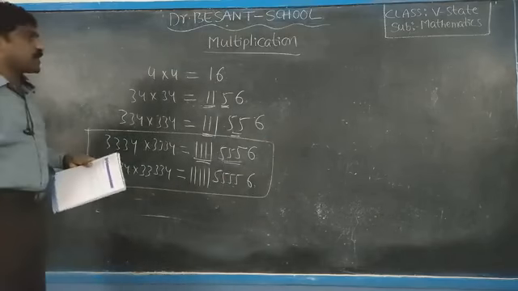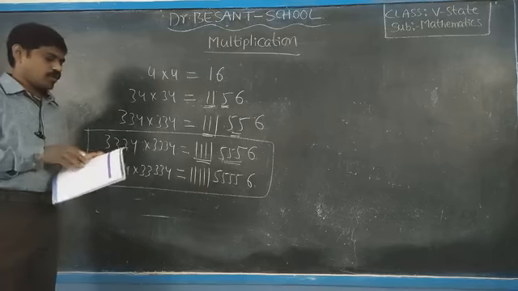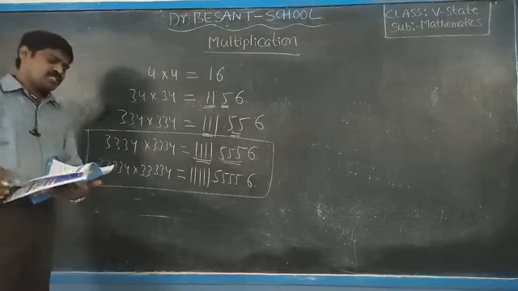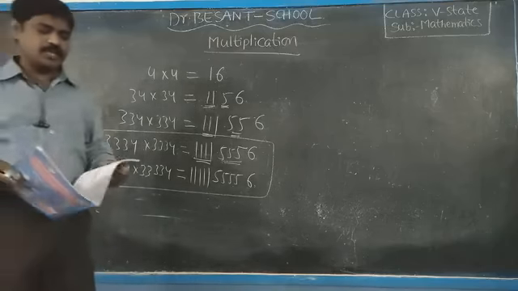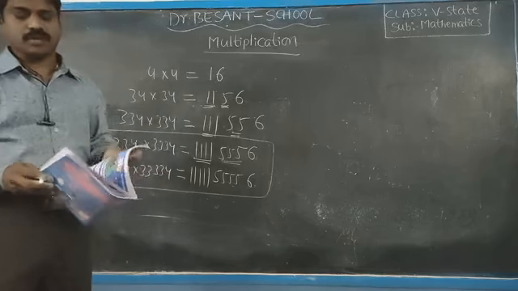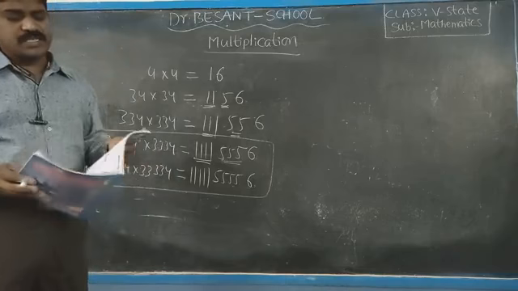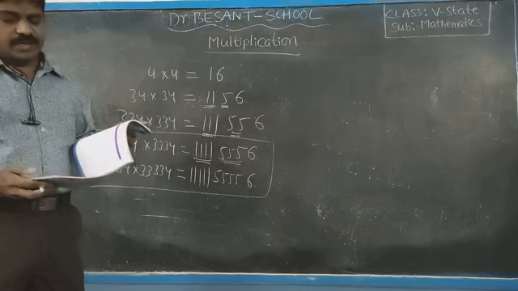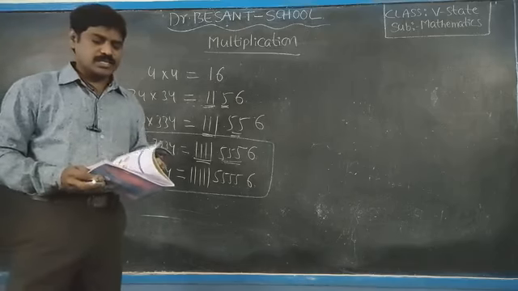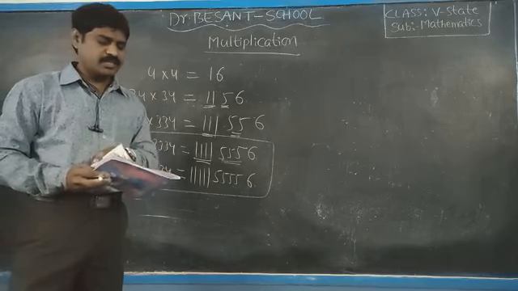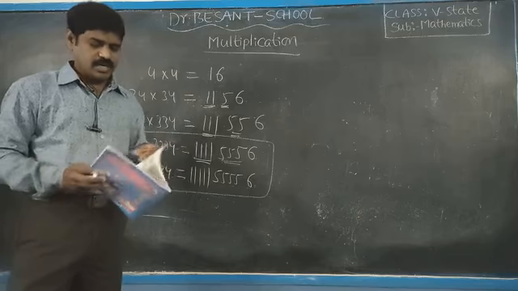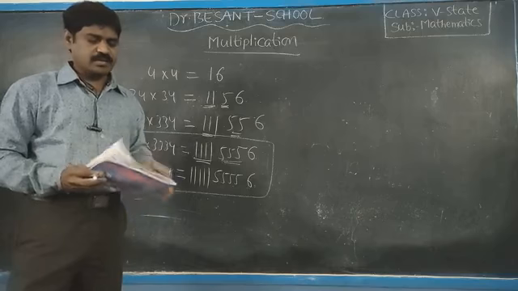So this is page number 56. I hope it's very clear. Children, this is the multiplication chapter. Each and every problem in the textbook and workbook, I have completed in all these videos. So what do we have to discuss in the next chapter? Division. That is the end of part 1. Okay children, I hope it's very clear.